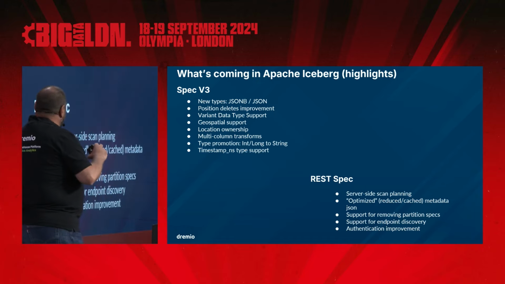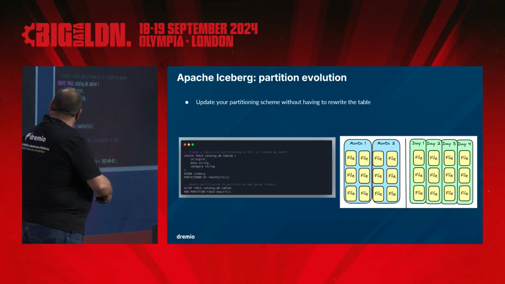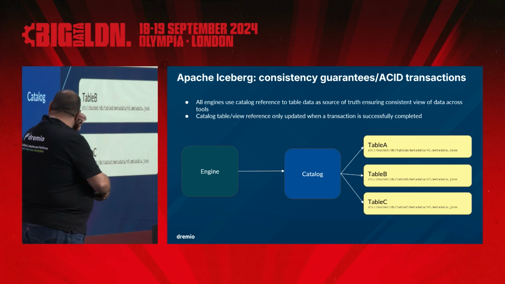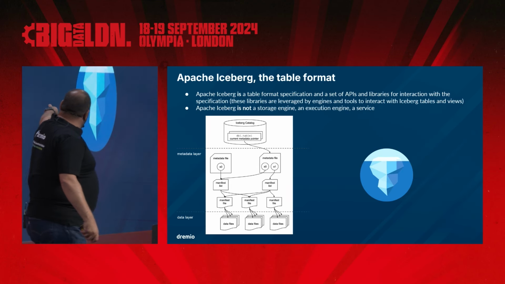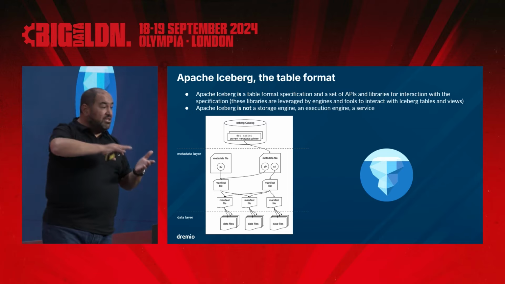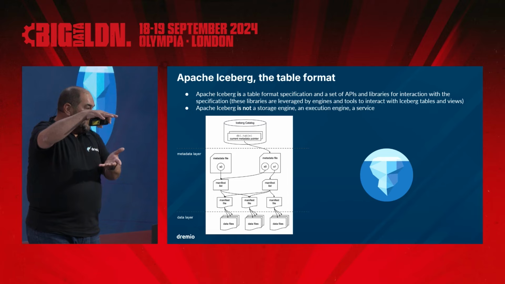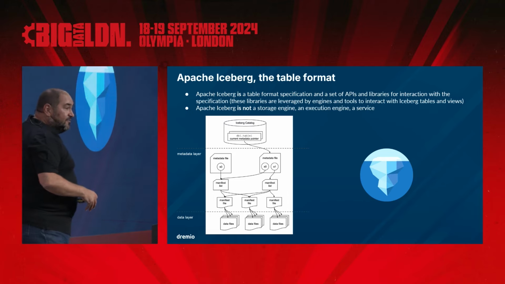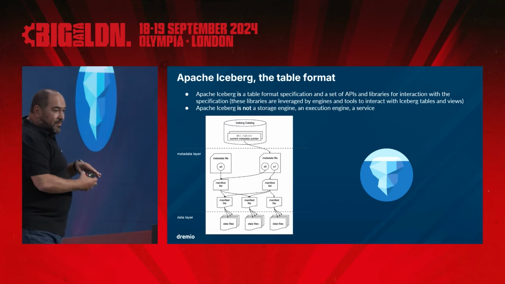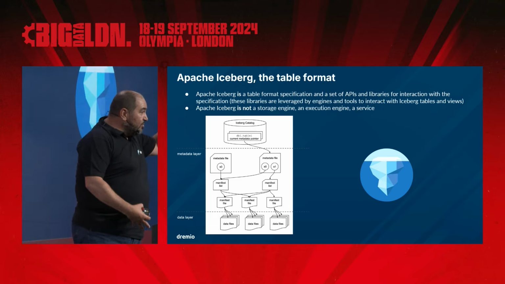Another cool feature is optimized metadata.json. You remember in this slide, I said that the metadata file, containing S0, S1, could be pretty large. Imagine if you have a CDC scenario, change data capture. Each change results in one commit in Iceberg. It means a bunch of manifest lists. So it means that the metadata can be super, super large because of the manifest lists,